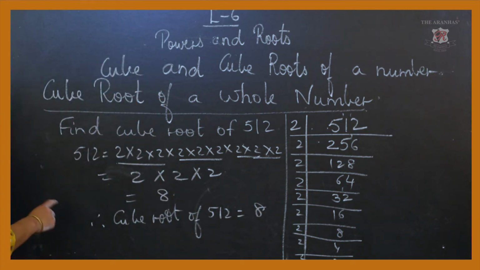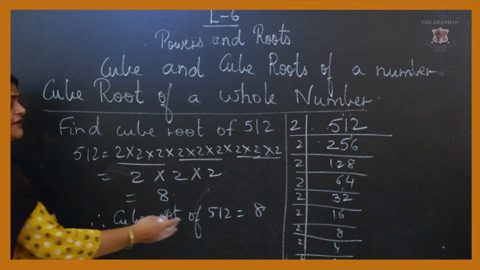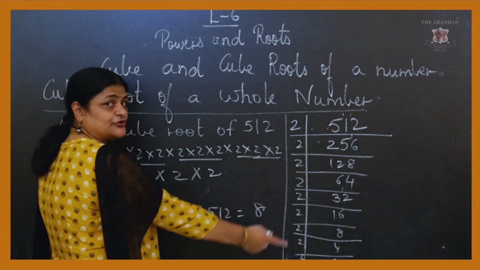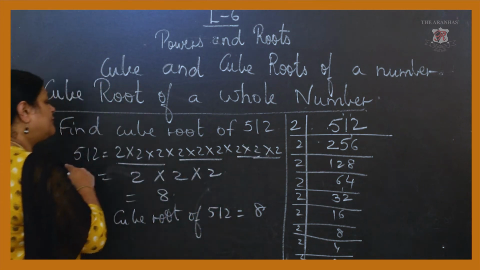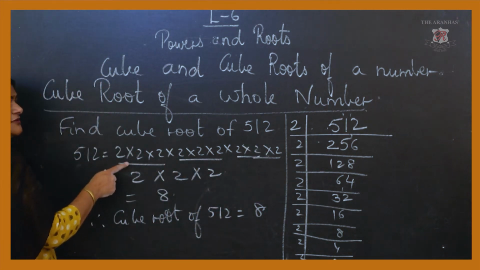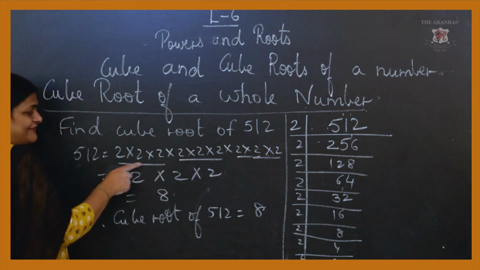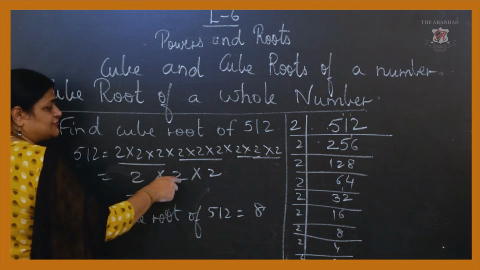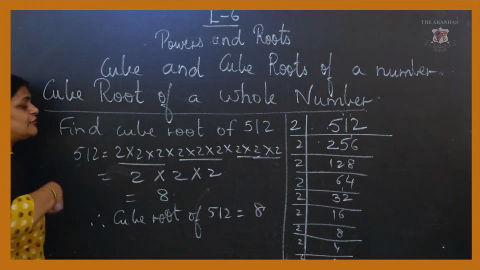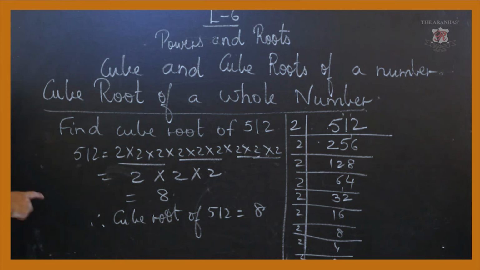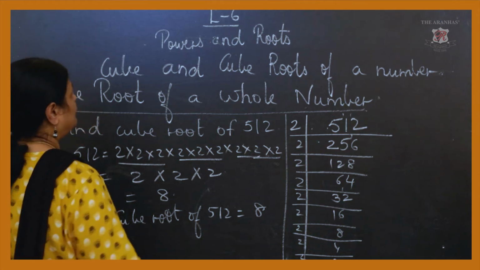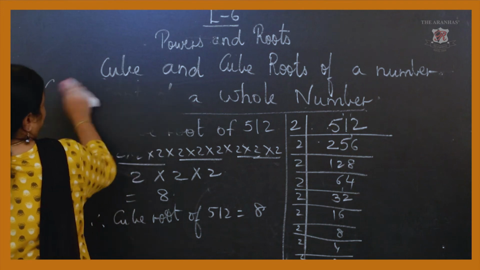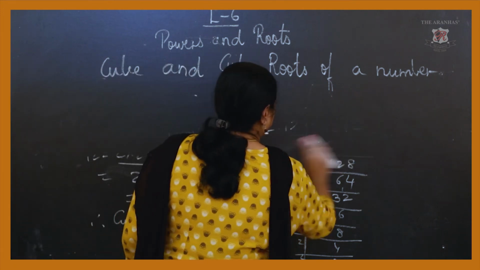Okay, so now here again I'm explaining 512, you have to find out the cube root of the whole number. So 512 you have got, you are doing the prime factorization, I have shown you all over here, and then the cube root of 512, that is 2 multiplied 9 times, so you are having 3 groups of 3. That is what? 2 into 2 into 2 will give you 8. So the cube root of 512 will be 8. So your answer will be 8 for this particular sum.